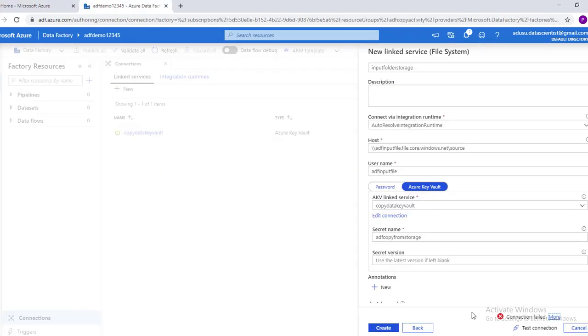Click on home. Now let's see if this works. Yes, it's done. Now we have created a linked service for input.